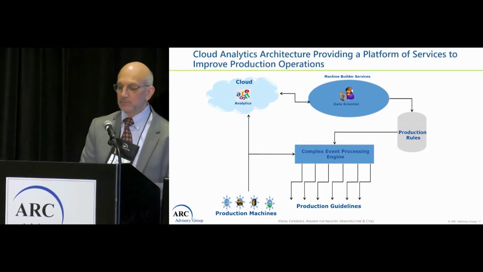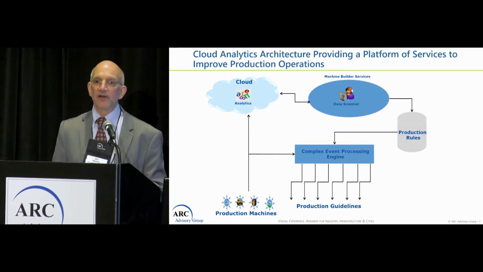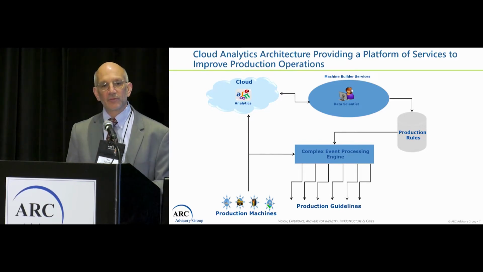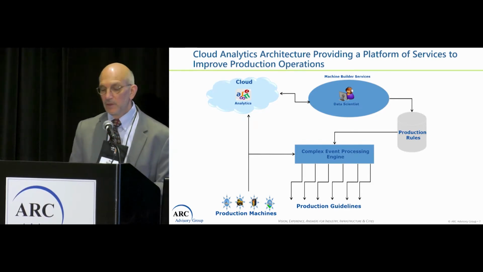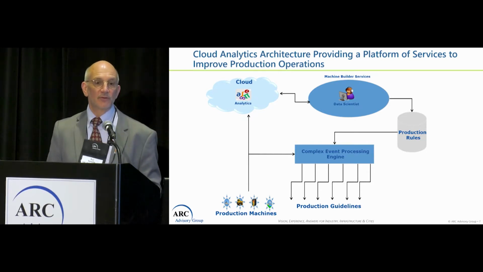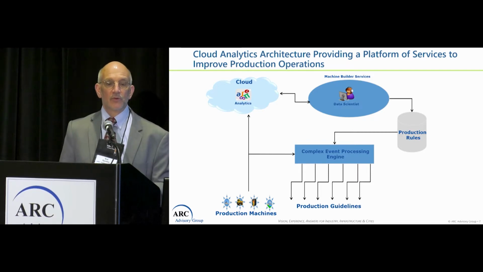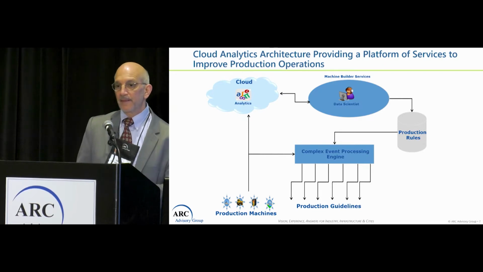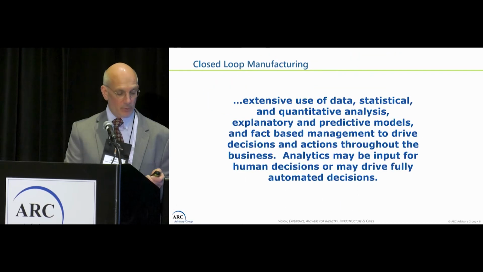And so here's an example of how we envision the use of the cloud, where we have data moving into the cloud, data scientists analyzing the behaviors in the plant and trying to isolate problems using more sophisticated analytics, and then pushing production rules back down to the plant floor, kind of creating this loop closure with the analytics and the production problems. And then over time, improving the overall process within your production plants.